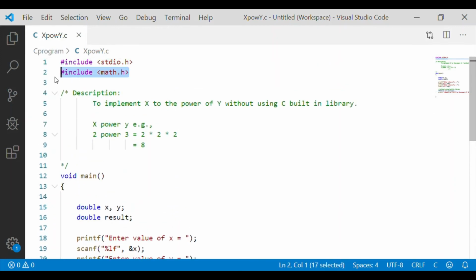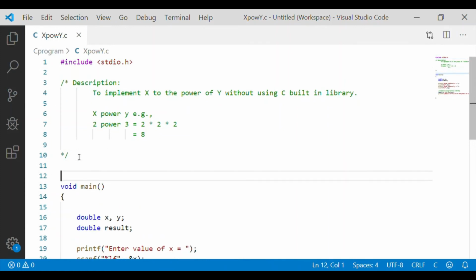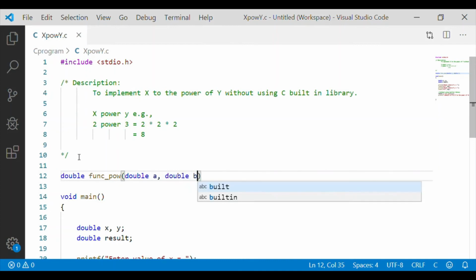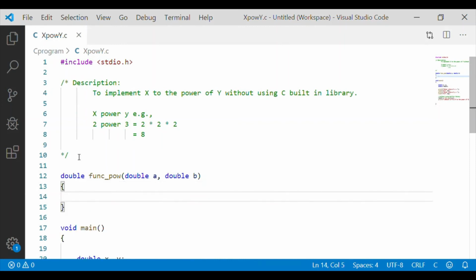This is not part of the built-in library, so we can remove the math.h include. function_power shall take two input parameters which are double, and it will return data of type double. So this is the function definition.